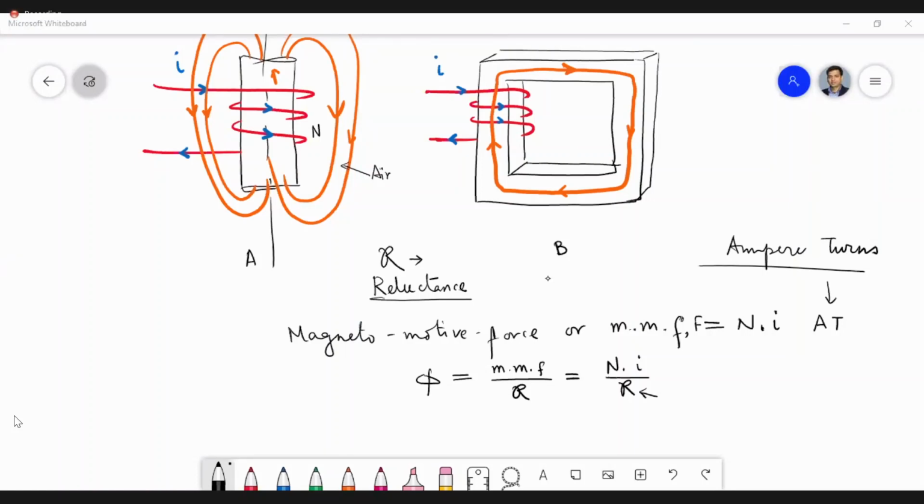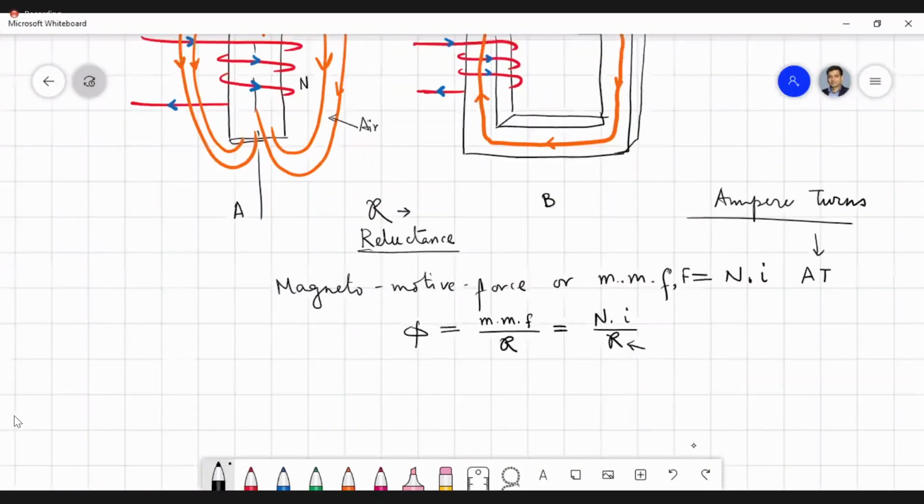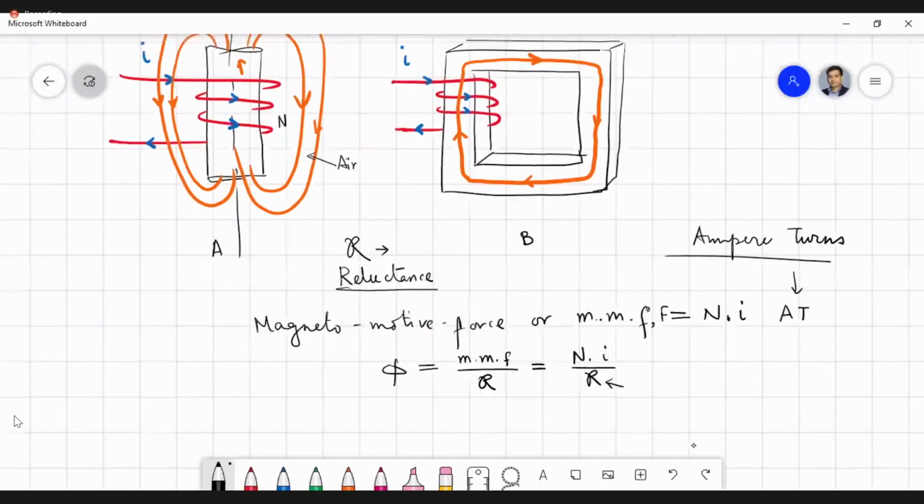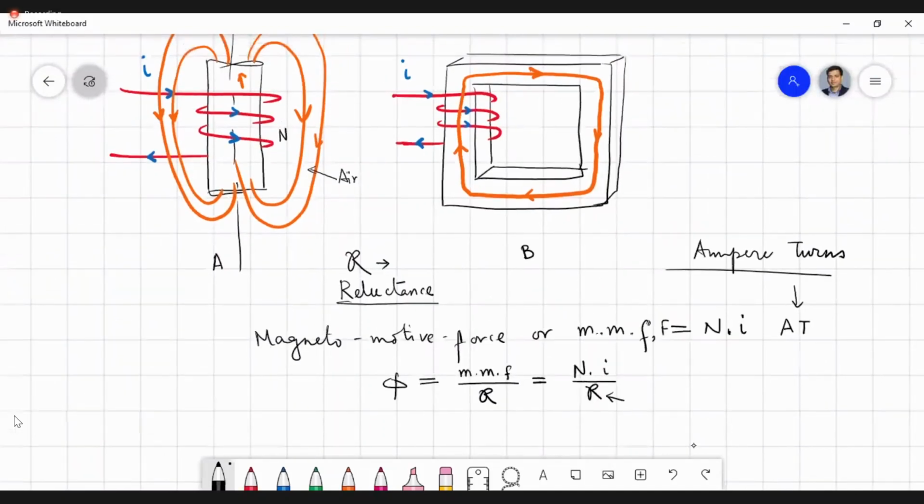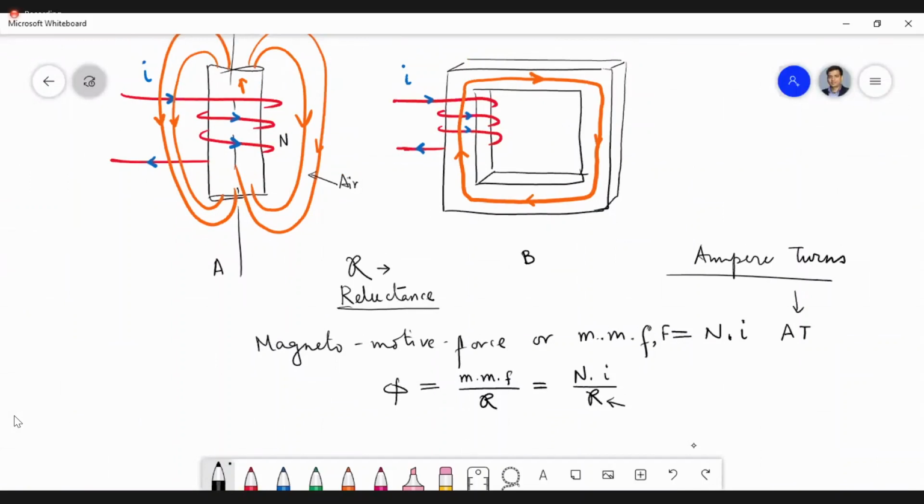Okay. Anyway, so have you understood this point, that flux is MMF by reluctance? So this is how, if we want to make an inductor, this is an example of an inductor. So that means an inductor needs